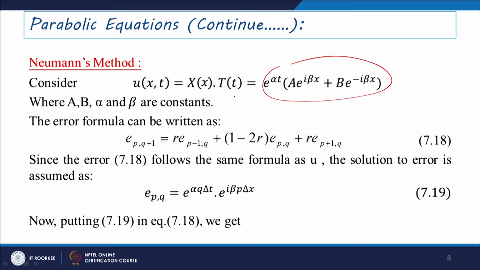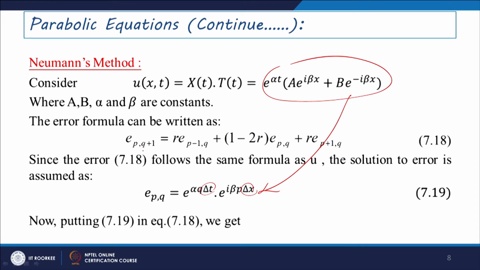Especially we are representing this coefficient in a direct form, that is E of p q, the error associated with each of these terms, which can be written as e to the power alpha q delta t, where delta t is the time difference, and delta x is the space difference we are obtaining there. And the error formula for the earlier problem, if we discuss it, can be written in the form